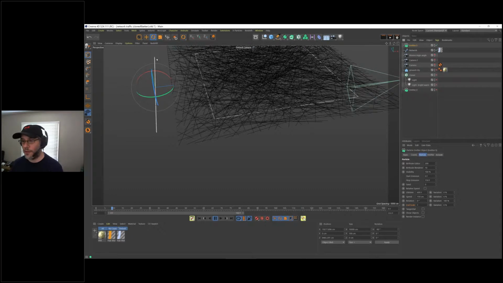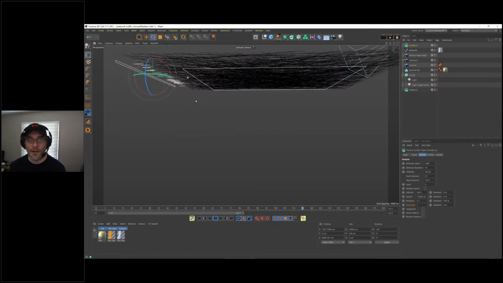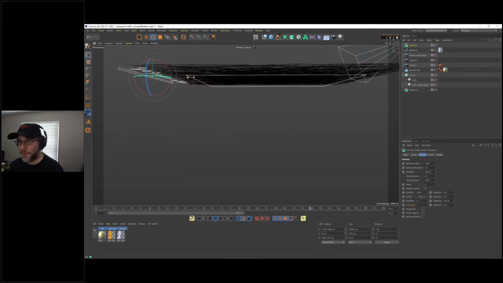But remember, this was really small. So we need many more particles and they need to move faster. So let's say 15,000 for the speed and birth rate editor 1,000. And now I'm seeing them come out, but they're just sort of like, what? What's that? What's going on there? Well, if I'm not mistaken,